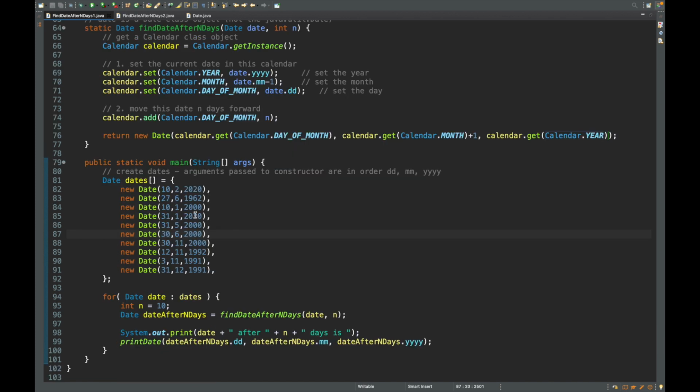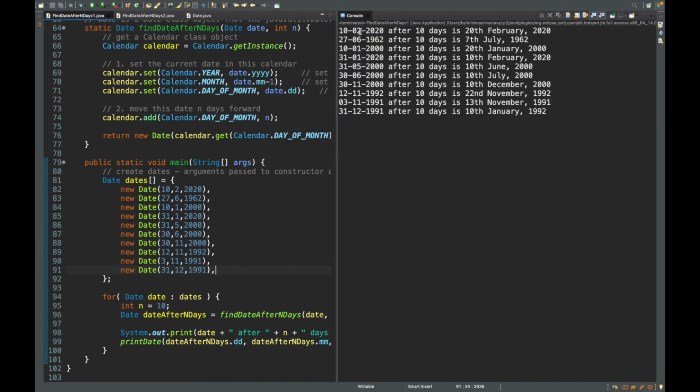So let me run this. For these test cases, I have taken n equal to 10, so we'll find dates after n days from these dates. These are all valid dates, you don't have to verify them. So let me run this. 10 Feb 2020 after 10 days is 20th Feb, 27th June 1962 after 10 days is 7th July,